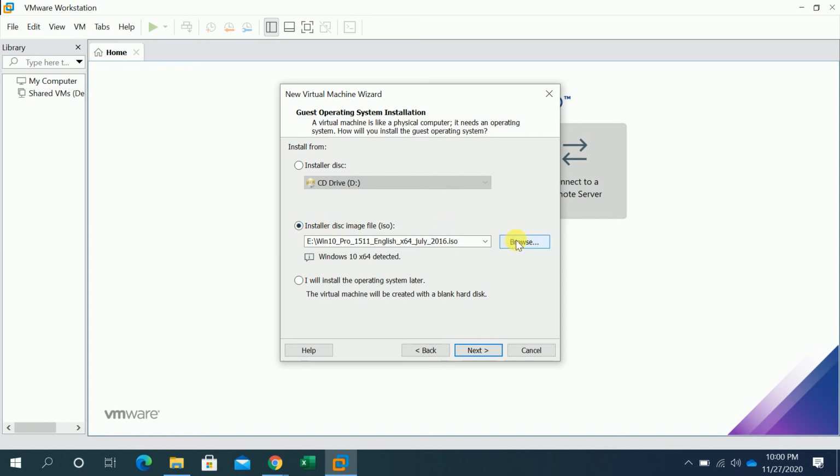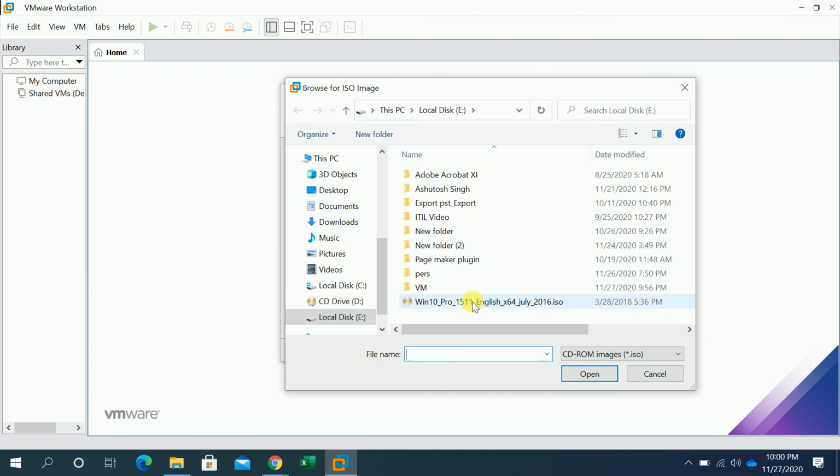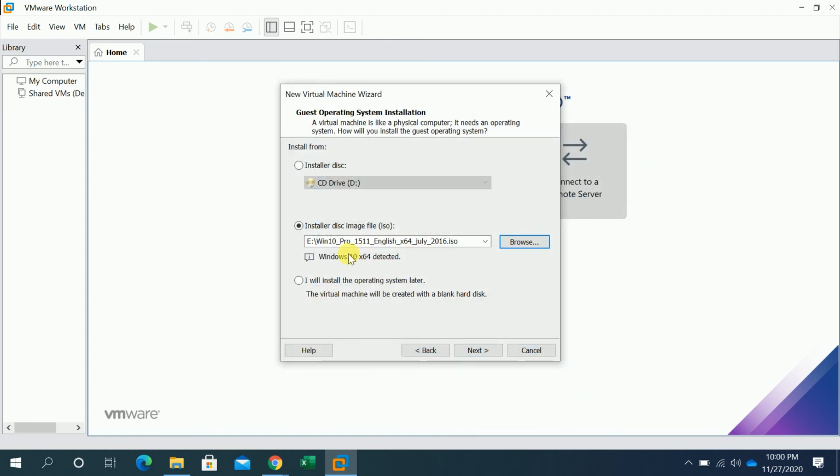Click browse, and here is the Windows 10 Pro file. I will click it and then open. It shows E slash Windows 10 Pro, so the path has been selected, and then I will click next.